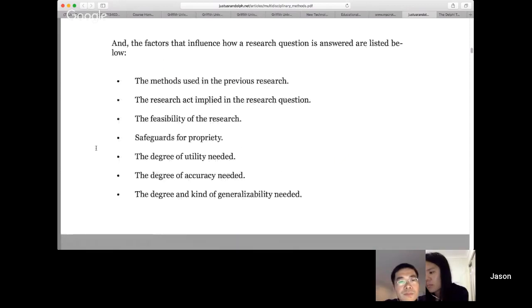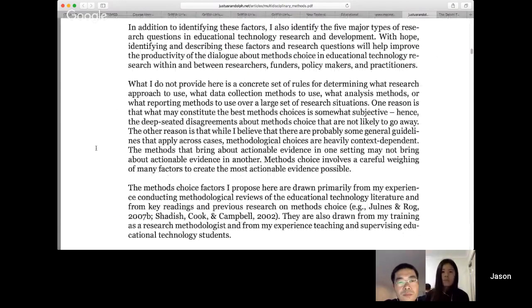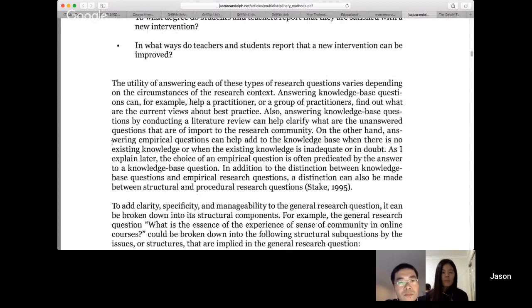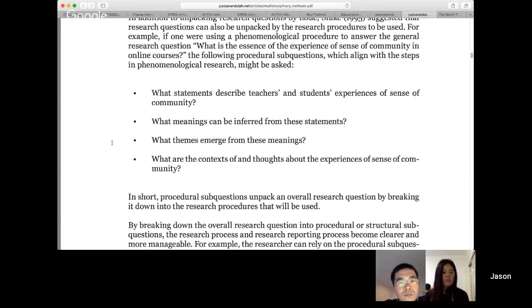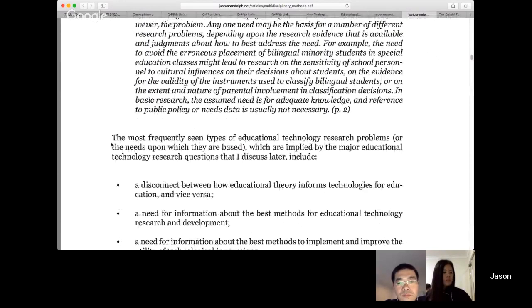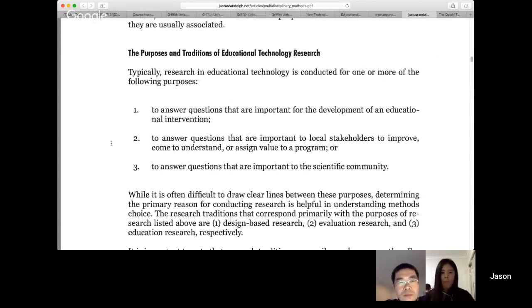Then, of course, you need to choose a particular way of doing that research and come up with what we call a method and a methodology that frames the theory behind how you're doing that research. But I don't want to make this into a course on research methods, because you've done those in other processes. Do we have any questions? I don't want to spend this whole time just going through the paper for you again. Do you have any particular questions about any sections in the paper that were confusing or you're unsure about?